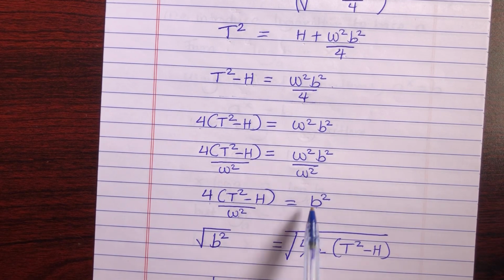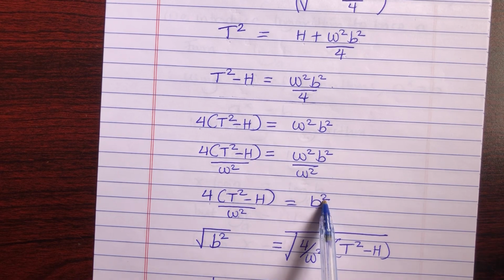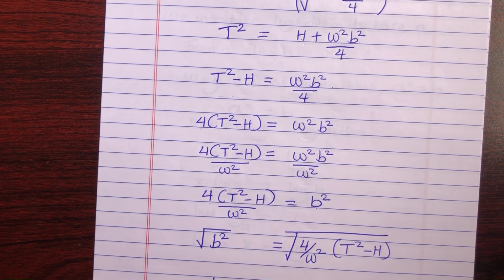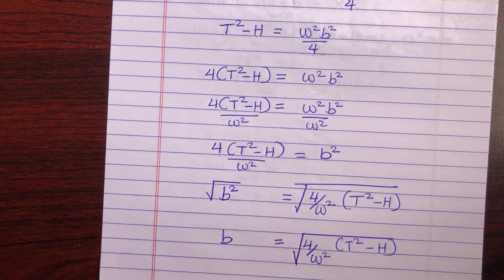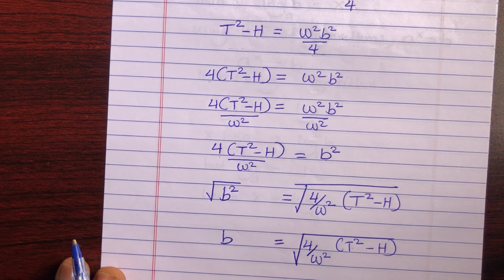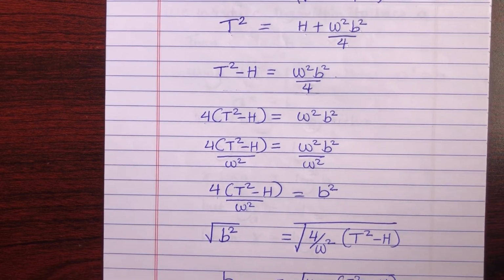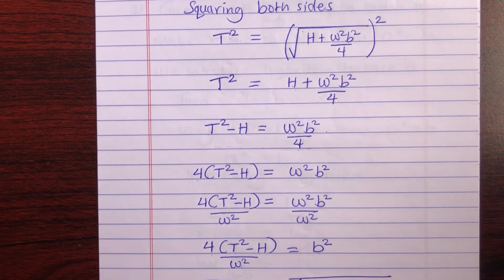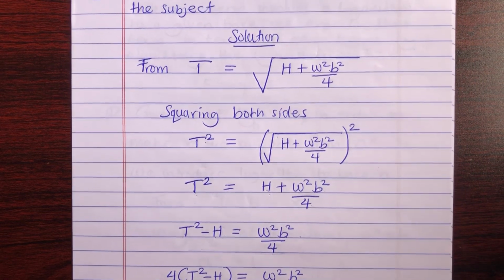And now we shall get the square root on both sides so that the square is reduced to b, and we end up with b equaling to the square root of 4 over w squared into t squared minus h. So please, I want you to follow these steps one by one and do more trial numbers so that you perfect,